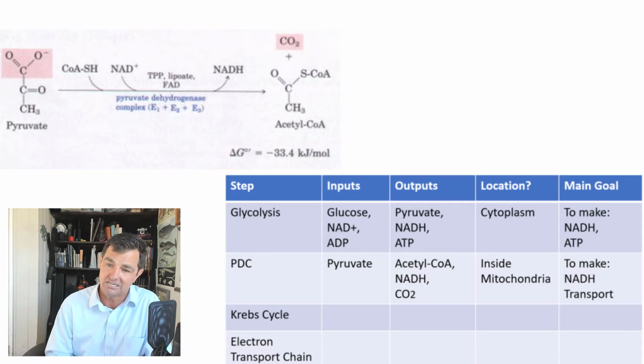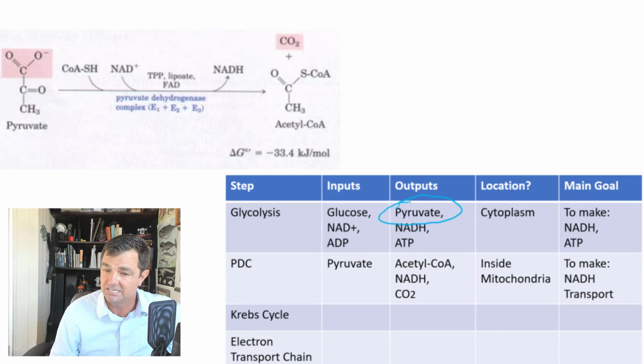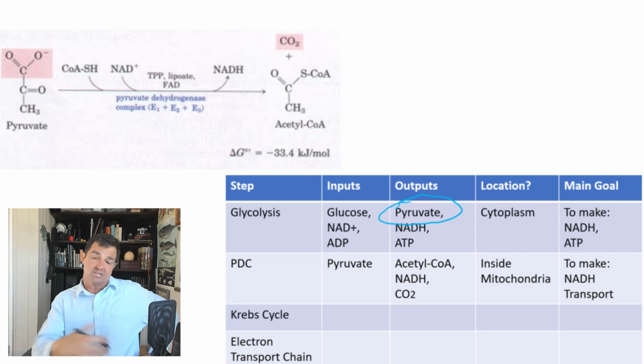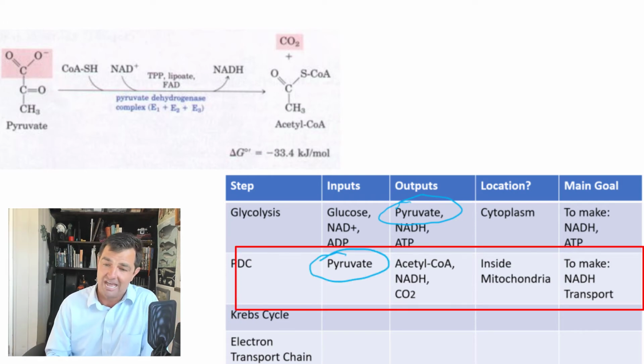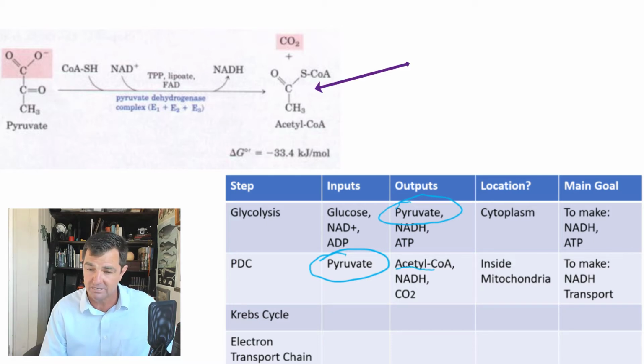So if we ended with pyruvate, or pyruvic acid, in glycolysis, same kind of thing, then in the PDC the input is going to be our pyruvate, and out of that is going to be a 2-carbon molecule called acetyl coenzyme A. So we're going to break off one of the carbons,